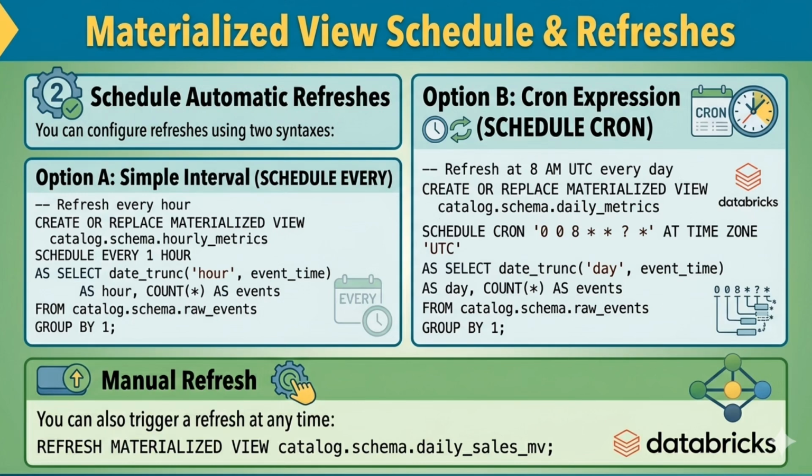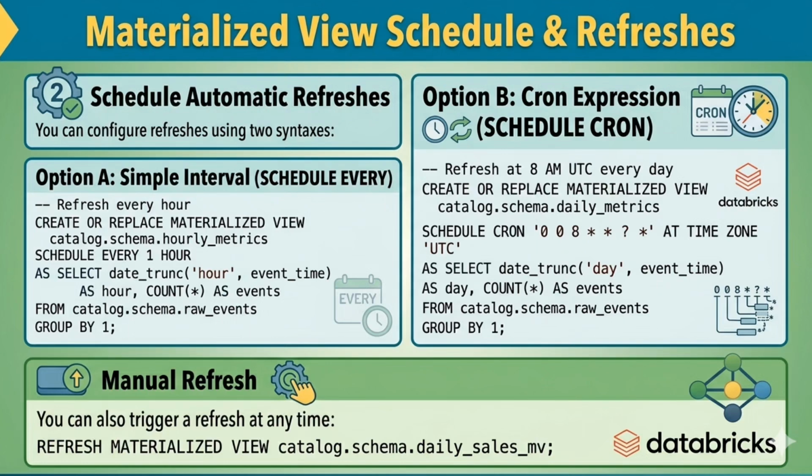Now, let's move to step 2, scheduling and refreshing your materialized views. You can configure automatic refreshes using two different syntaxes. Option A, simple interval, using SCHEDULE EVERY. For example, if you want your data to refresh every hour, CREATE OR REPLACE MATERIALIZED VIEW catalog.schema.hourlymetrics SCHEDULE EVERY 1 HOUR AS SELECT date_trunc by hour event_time AS hour and COUNT(*) AS events